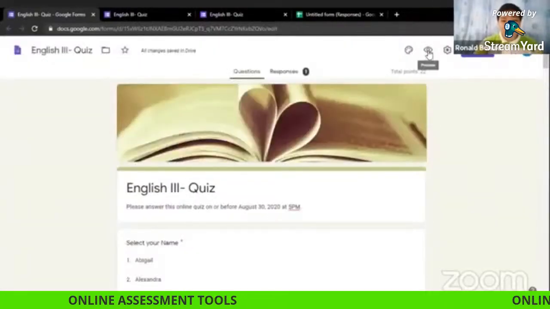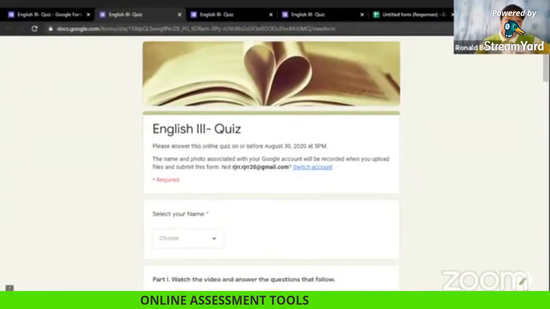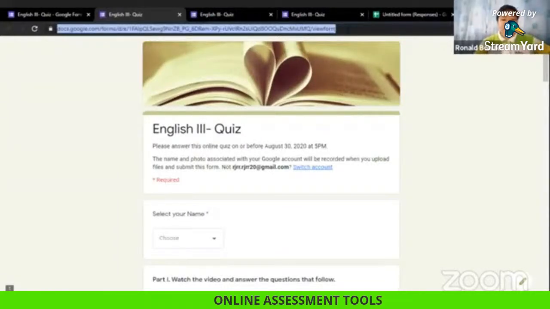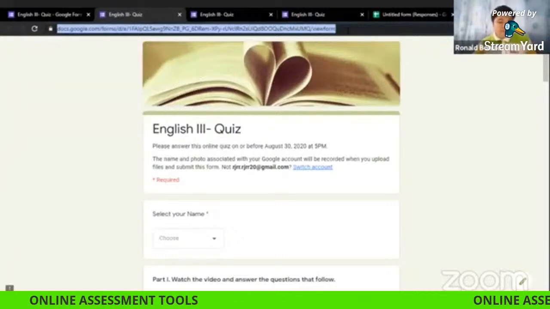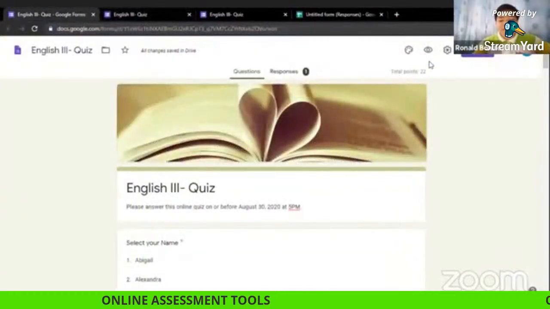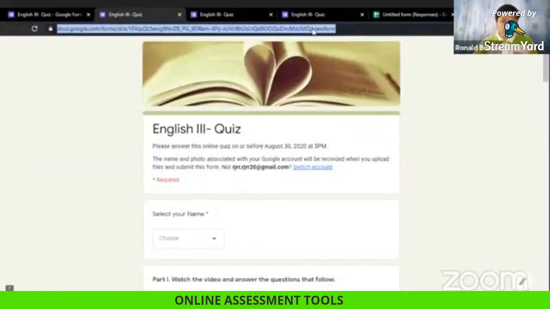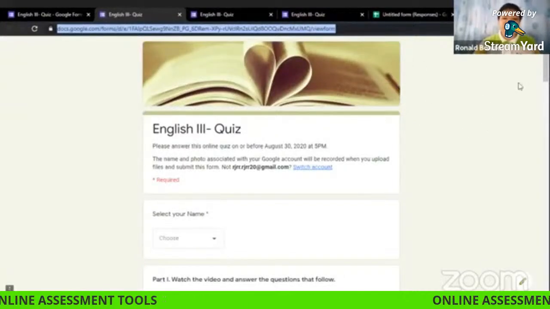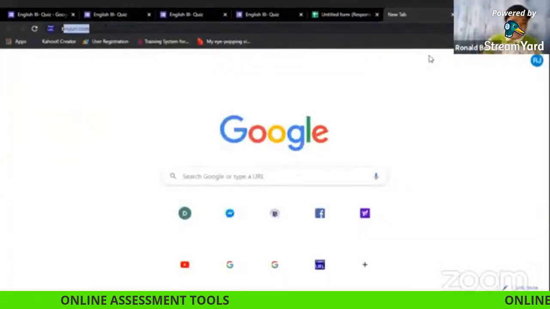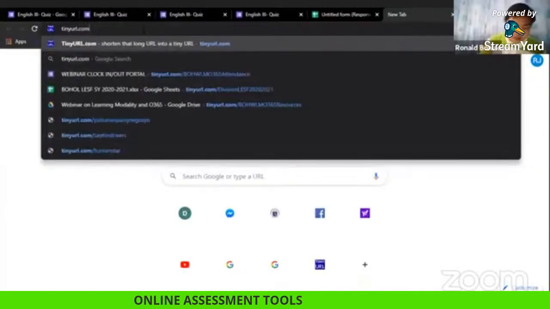Click preview. Then look at the link that says docs.google.com/forms/.../viewform. Okay, click that link. Control C to copy. Again, let me go back. Preview, click the preview icon, then copy the link. After copying the link, okay, add a tab. Add a tab: tinyurl.com. Again, add a tab, tinyurl.com, enter,